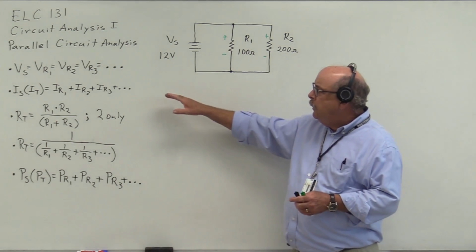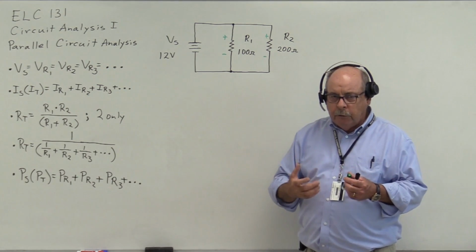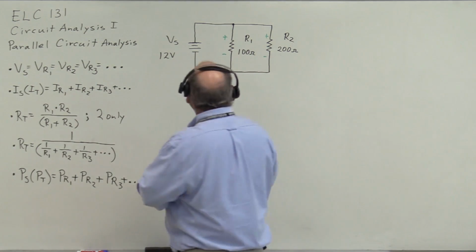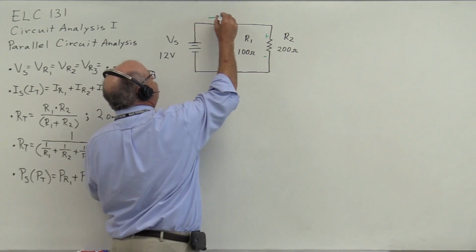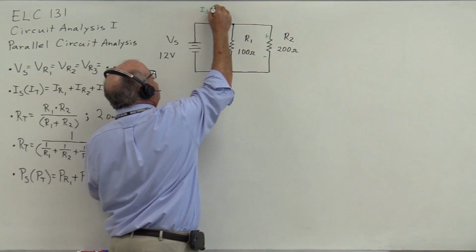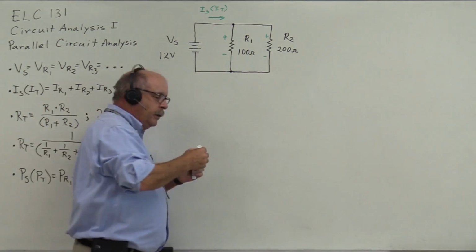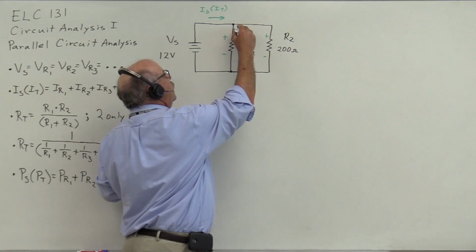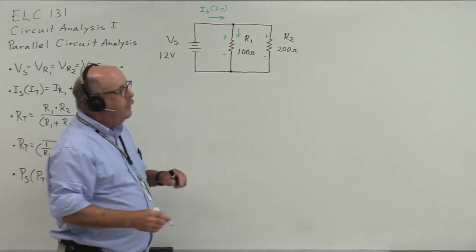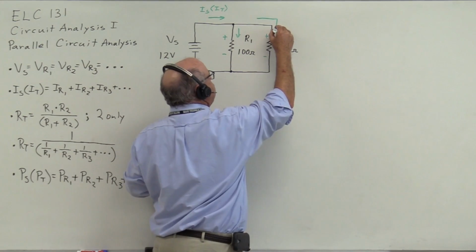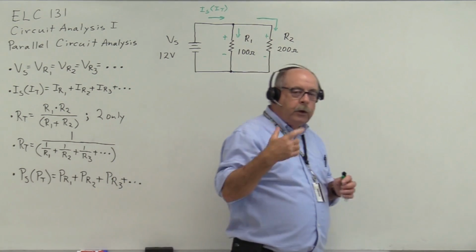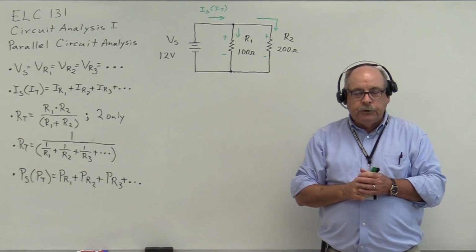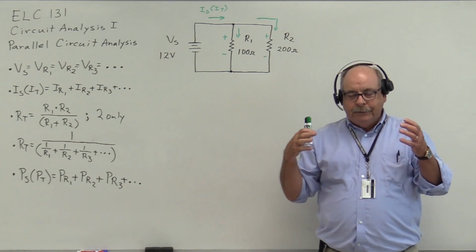Now, the second equation states that the source current, or the total current, is the sum of the currents in this circuit. So we've got some current leaving the source and flowing in this direction. And when that current gets to this node, it splits into two currents. One current goes through resistor R1. The other current goes through resistor R2. Now these two currents, IR1 and IR2, are referred to as branch currents, kind of like the sap that flows